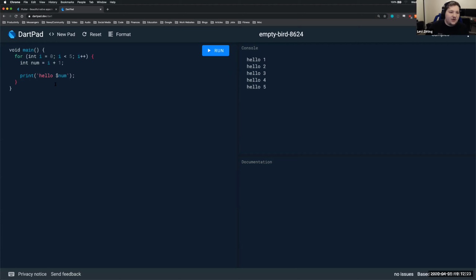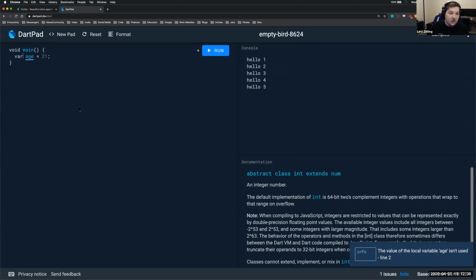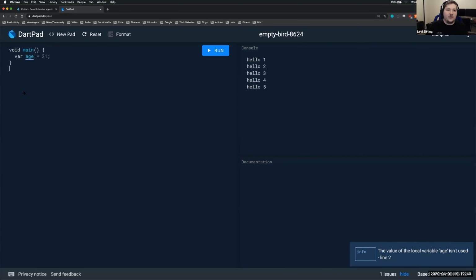When it comes to defining variables, there's a handful of ways to do it. So one is to provide the type of the variable first, and then the name, and then the assignment and the value. There's also a couple other keywords I want to point out. One being the var keyword, which, if you're familiar with C#'s ability to do type inference at compile time, that's exactly what's happening here. So even though we've defined this variable age using the var keyword, if I go down a couple lines and try and assign age to a string, we should see some highlights happening in the,